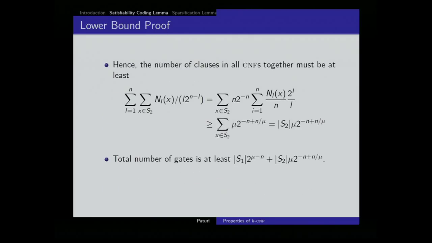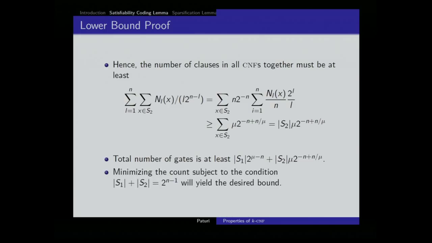So we get this quantity for each of the isolated solutions with a small weight, so we need that many clauses at the bottom level. So the total size is going to be the sum of the KCNFs plus the sum of the bottom level gates. You can have a lot of bottom level gates, thereby reducing the number of KCNFs. But then bottom level gates, when they are wide, cannot accept too many inputs, or cannot act as critical clauses for too many inputs. So we balance these two things, and so we get the desired bound.